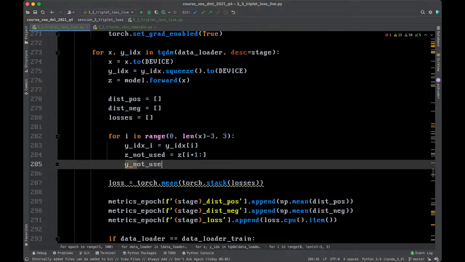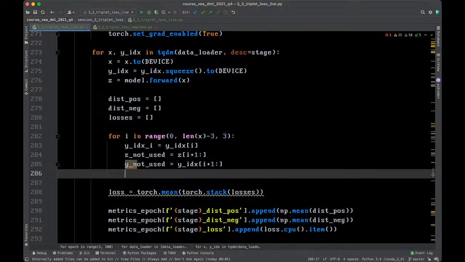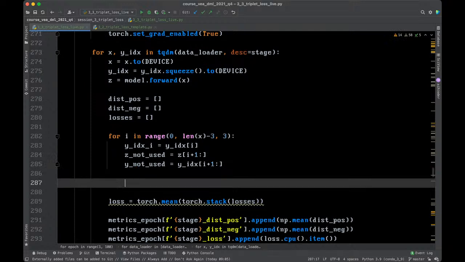Used y indexes, index plus 1, like that. Then we are using some kind of distance metric. Let's use this case, because this is L2 space. I have the L2 norm there. There is no problem using the Euclidean distance, which is really fast. Oh no, F pairwise distance between the